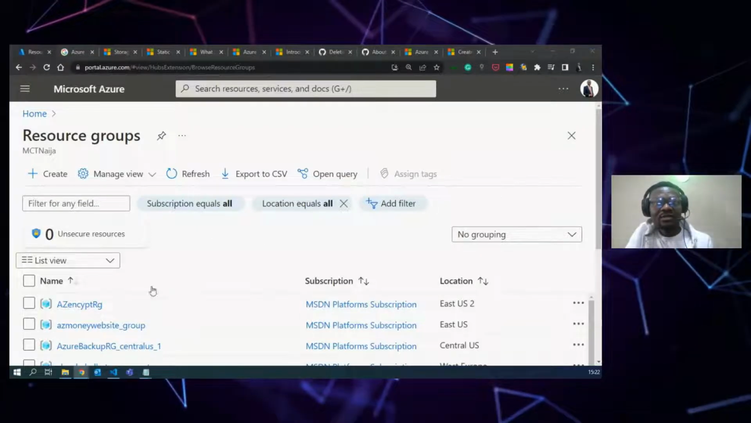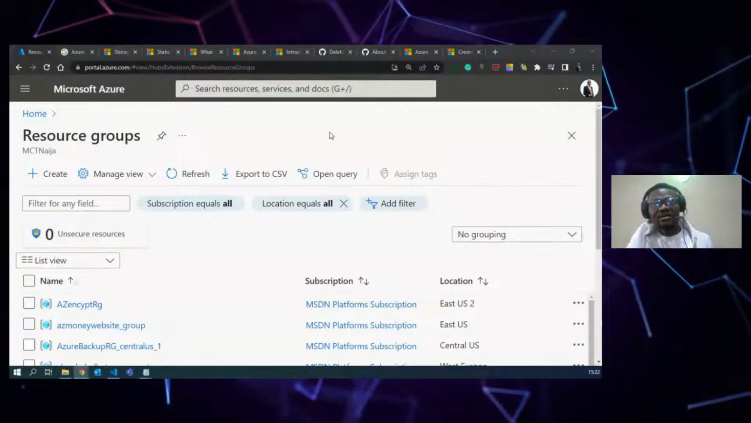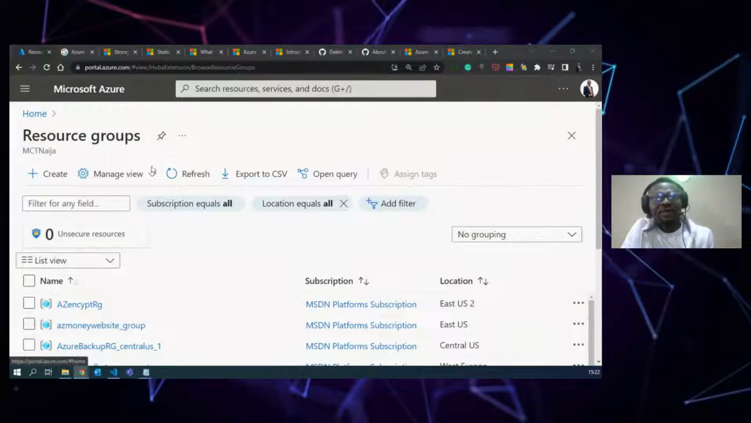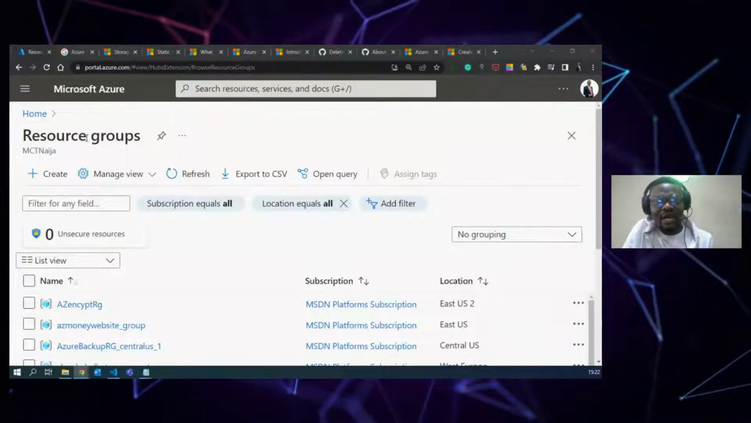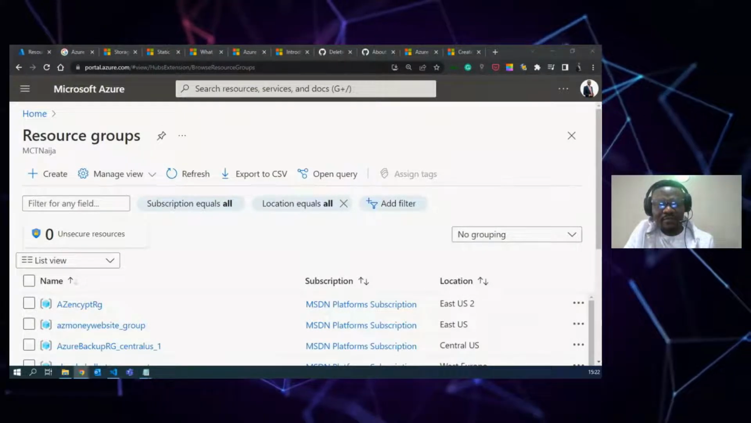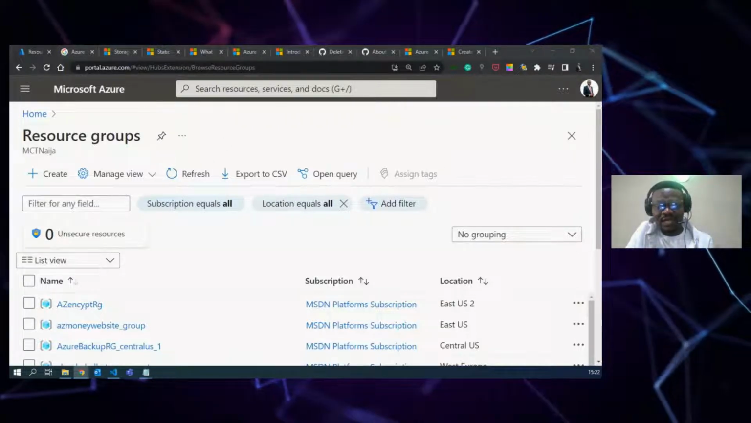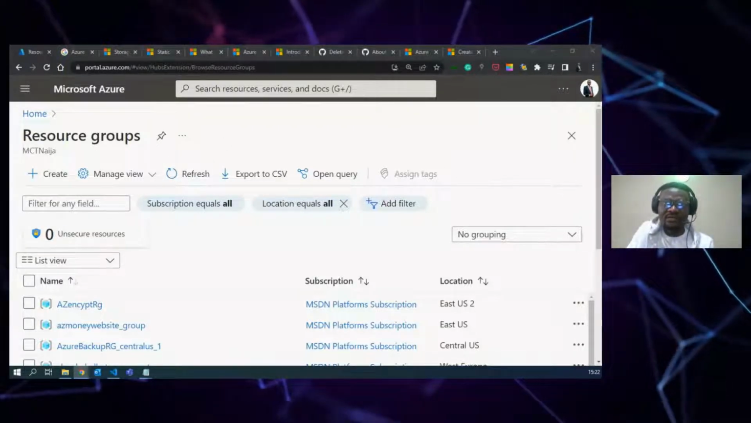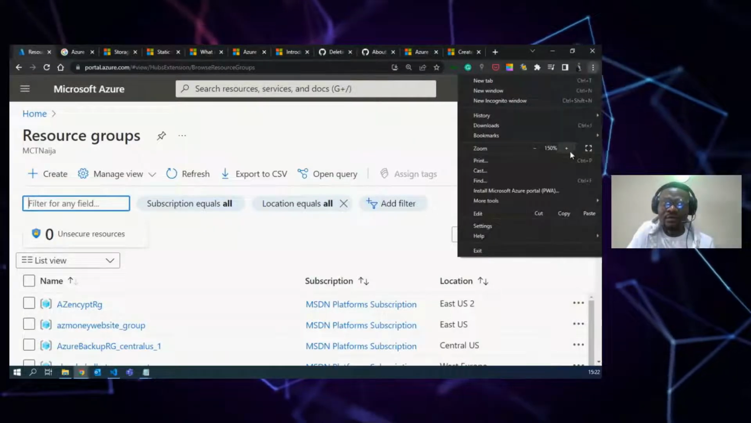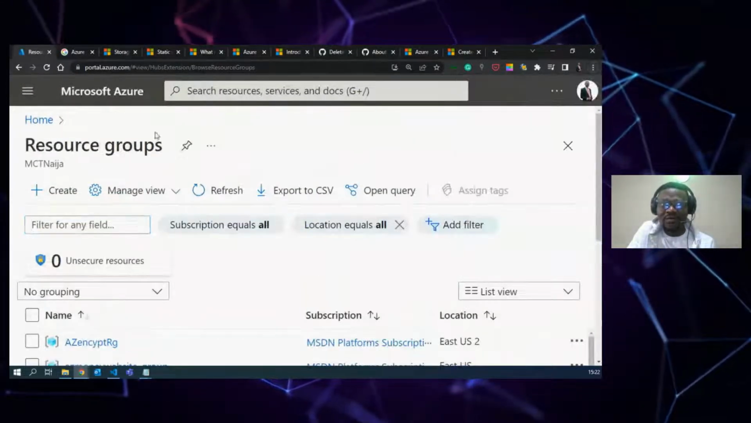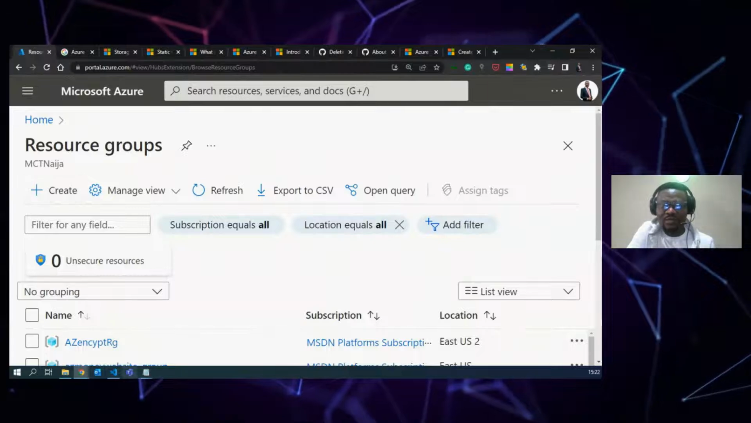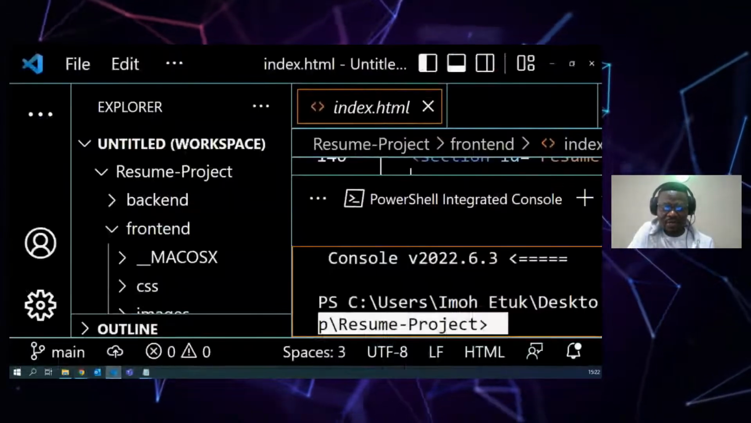We'll go straight to creating resources for Azure. The first thing we are going to create, as I said earlier, is the Azure resource group. Resource groups are logical folders. It's like a folder in your local system where you have your files stored. That's how an Azure resource group works. So we are going to do that by coming to